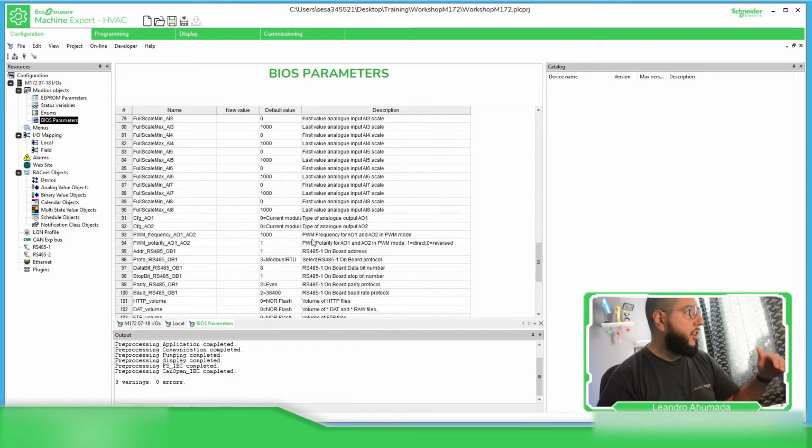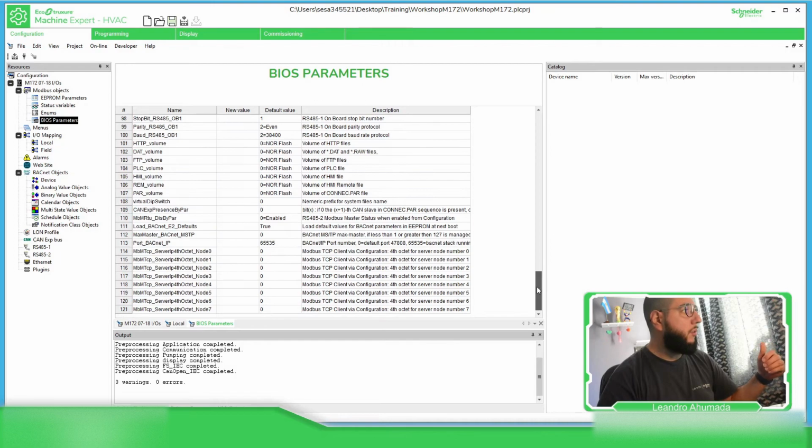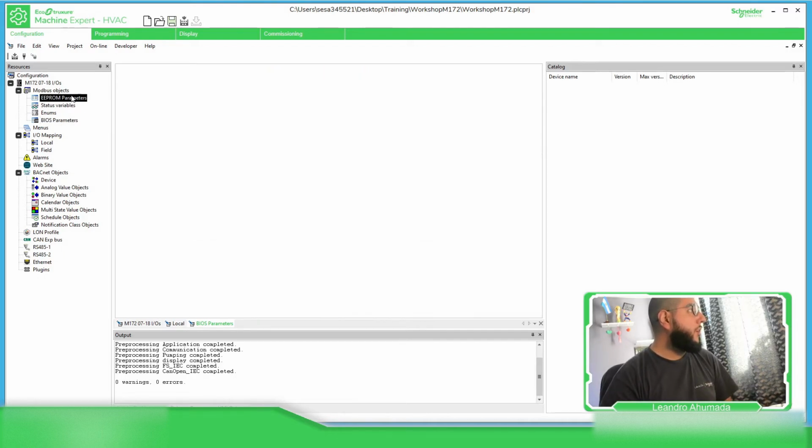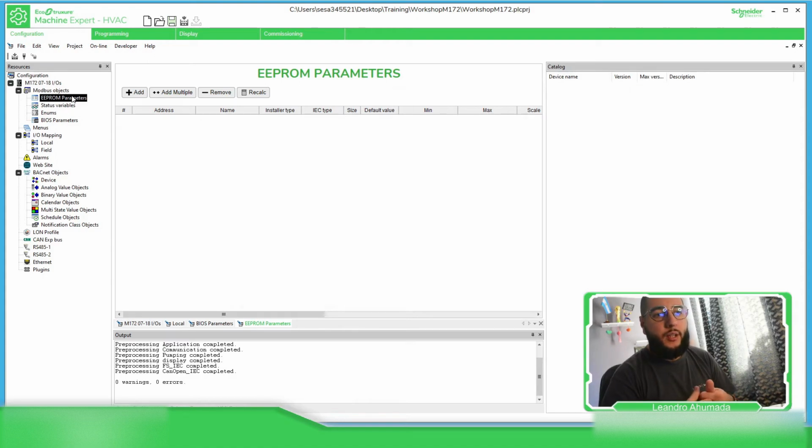Then you have a lot of things here, but we can see that in my trainings, how we can get to know it. So the important thing is to configure how our analog input is going to be and the IP address in this case. Then, let's say that it's too hot in the room and you want to turn on the fan or the air conditioner, something to reduce the temperature. So we can create EEPROM variables that are, for example, configuration of the machine. So every time we turn it off and on, it doesn't